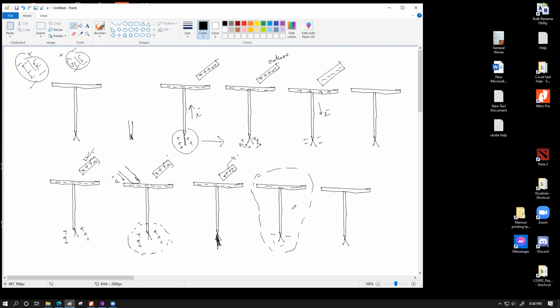Vice versa, if you want to charge a gold leaf by positive charges, we simply have to bring some negatively charged rod over here, an ebonite rod rubbed with fur. That's going to push the electrons down, and the plate is going to be left with positive charges. If you touch, those electrons are going to climb up through this rod and go to your body. So your body is going to absorb all the extra electrons to make the lower part discharge. So every single time you do the ground connection, the leaves are going to be discharged, not the plate. So that's how we can charge this thing.